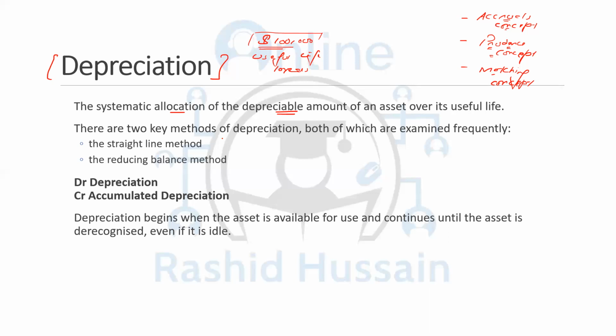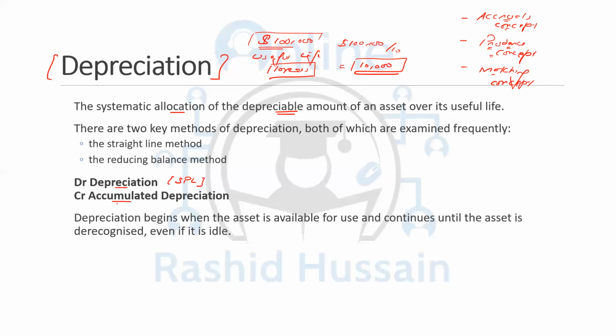So depreciation is the systematic allocation of the depreciable amount of an asset over its useful life. So if I bought an asset for $100,000 and the life is 10 years, then what I'm going to do is take the $100,000, divide by 10, and $10,000 per year is going to be the depreciation. Now, the double entry of the depreciation is debit depreciation. It is an expense which goes to the statement of profit or loss,